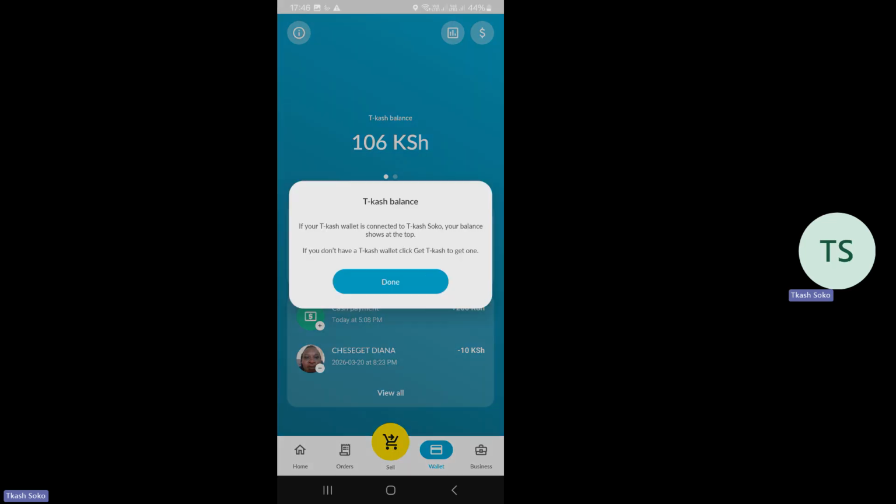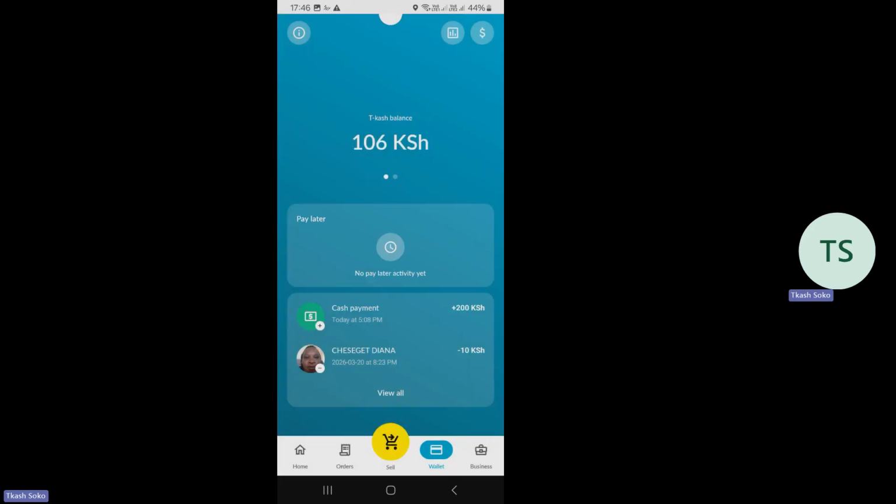Ukiguza the first icon, inaniambia this is all about inquiry. If your T-kash wallet is connected to T-kash Soko, your balance shows at the top. Na utaona this balance here, the T-kash balance yenye ilikuwa inaappear on the other side is still showing here because hii ndio wallet, hii ndio kitu ina hold pesa yangu.